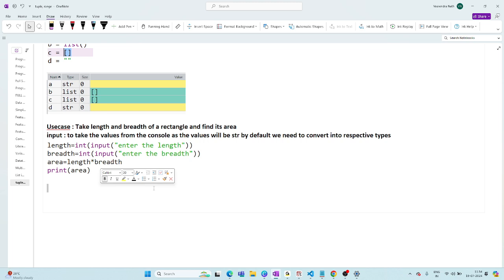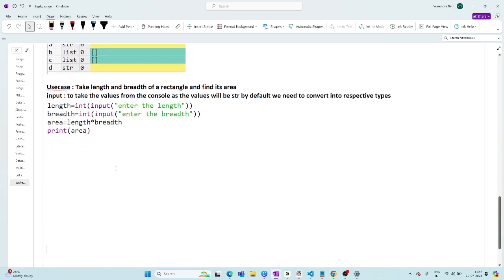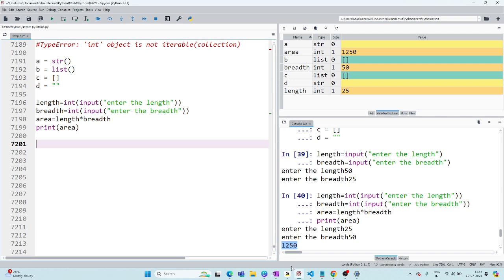So now what we understood up to here? STR, we understood int, float. So actually these are enough to do the programs. Okay, right. So whenever you want STR, you can use that input. If at all you want any integer or float, you can convert them. Okay. Now my question. What was my question?